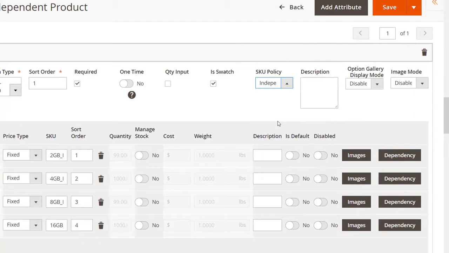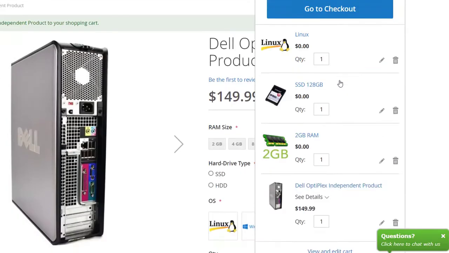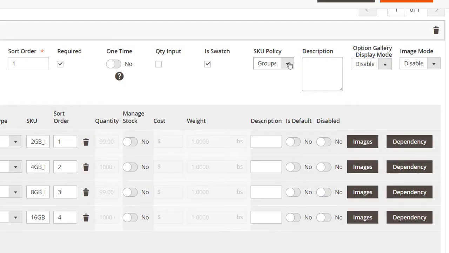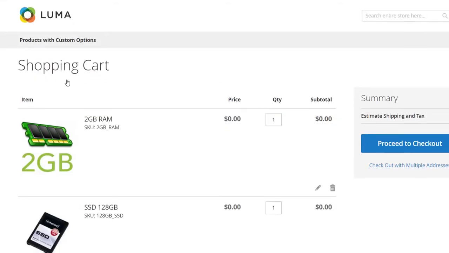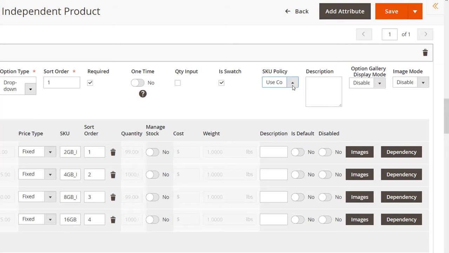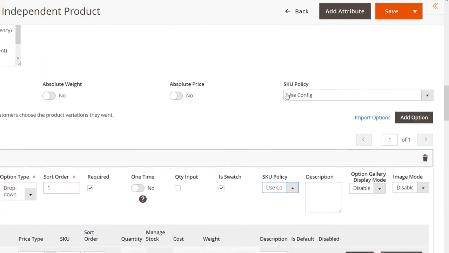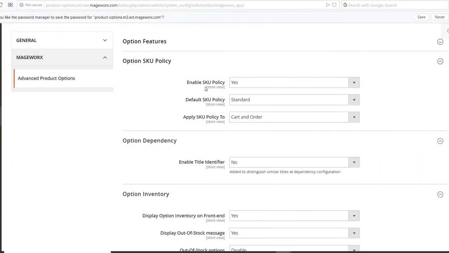The Independent mode transforms custom options into separate order items and keeps the original product. The Grouped mode transforms custom options into separate items in the order and hides the original product. Note that if the product custom option has the Use Config mode, then the SKU policy on the product level will be used. If the SKU policy of a product is set as Use Config as well, the global configurations